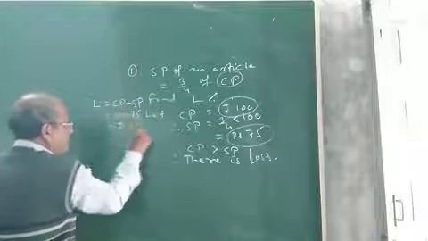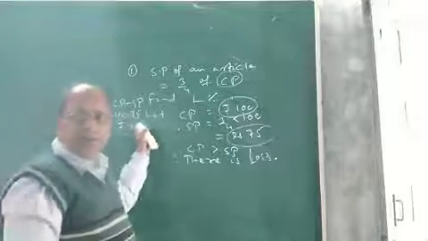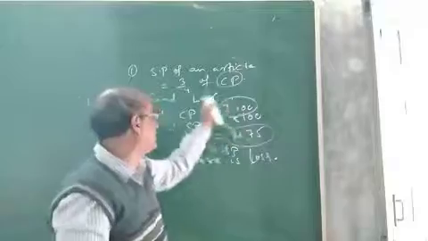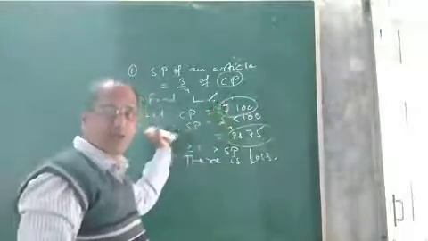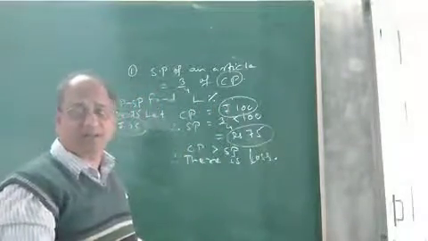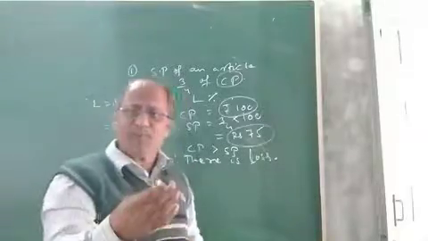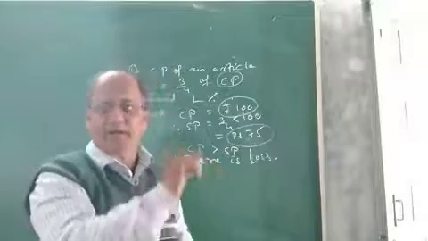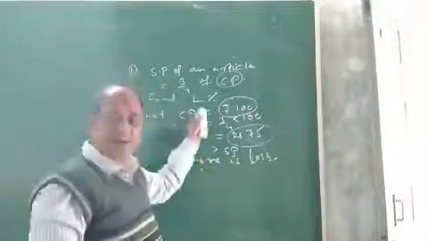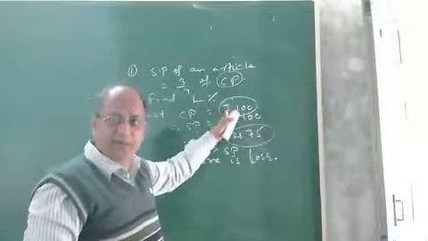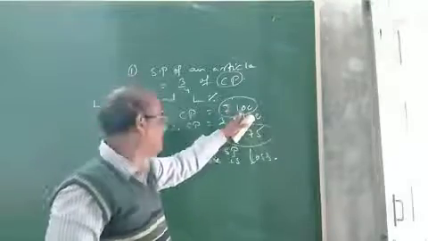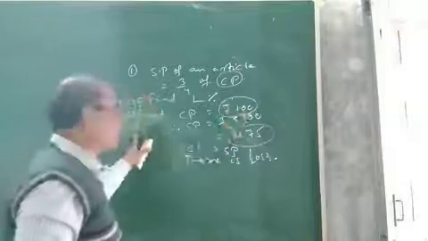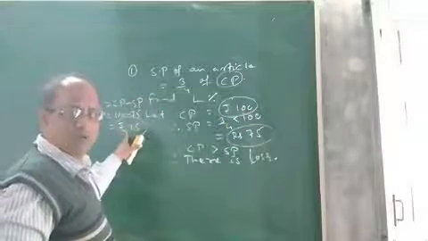Now see, this 25 rupees is the loss on what cost price? Cost price 100. Now see, we have to find the loss percent. We got the loss, but we do not know the loss percent. What is meant by loss percent? Loss percent means what is the loss out of every 100 rupees. Here CP is 100 rupees, and out of 100 rupees, the loss is 25 rupees.